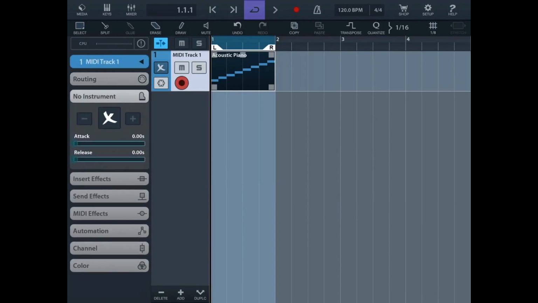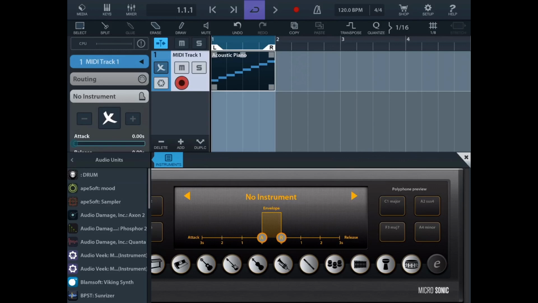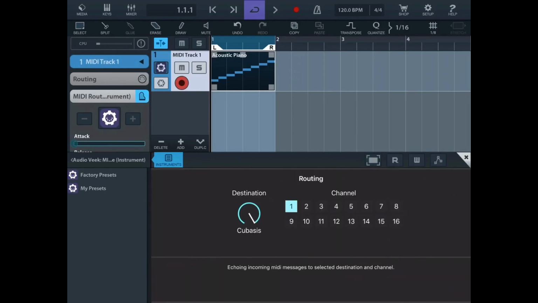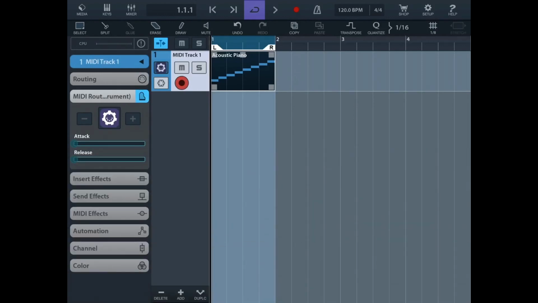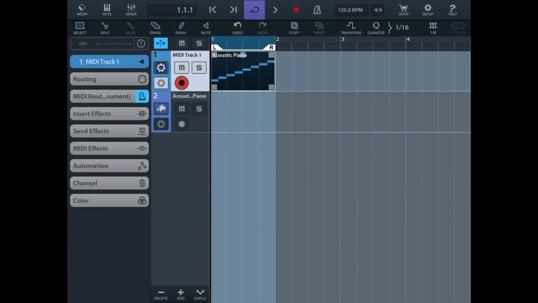So the next thing we're going to do is load MIDI root as an instrument. So we'll go to audio units. It'll be the second one in the list. You can't read it very well because of the way Cubasis lists plugins, but it's the second one in the list, like so. Then the next thing we're going to do is create a new track